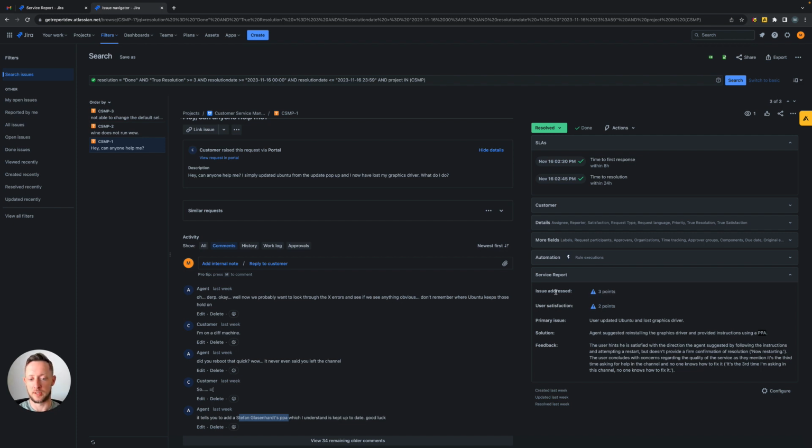Thus, we did not really get a confirmation from the customer that it helped. The customer didn't return to this ticket, but it seems that the agent was driving it in the right direction, and the customer neither complained nor challenged this direction. This is why we have 3 points. So it's very complex, and there are a lot of nuances to it. This is a complex case with a complex conversation, and you still see that AI navigated through that and assigned a reasonable 3 points,